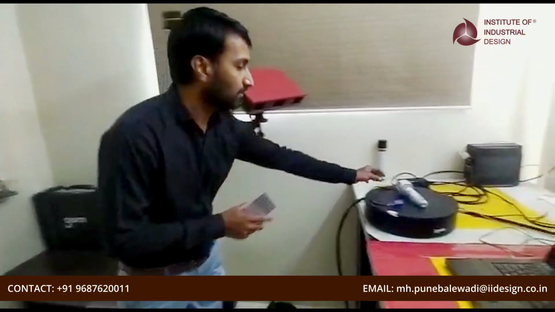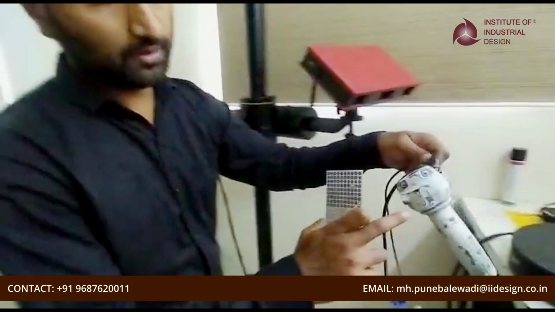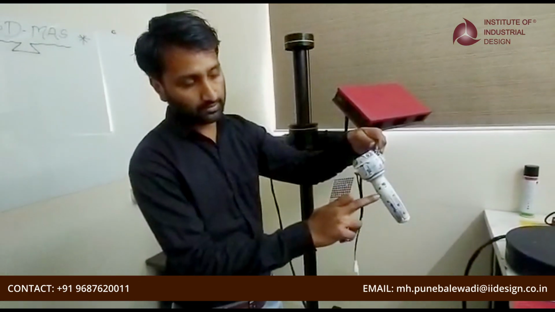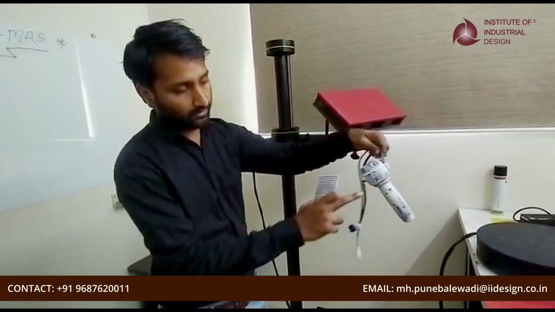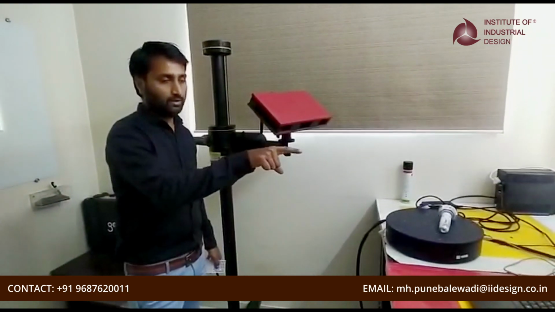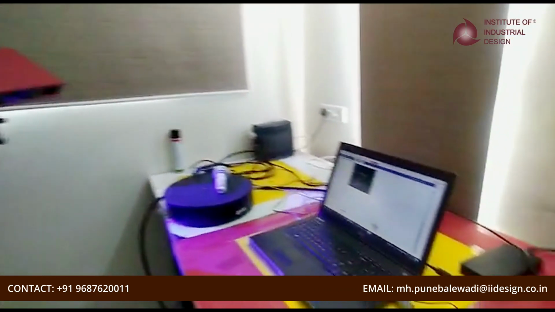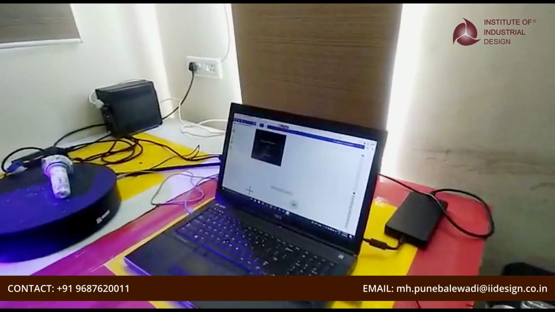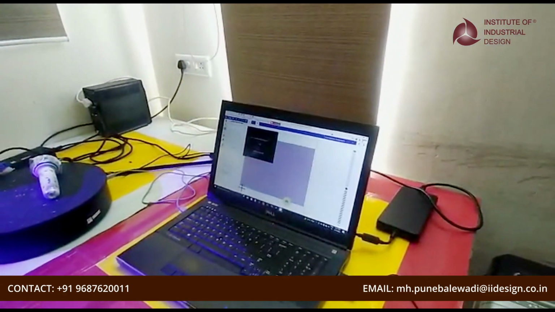We put this sticker on the real-life object, and then we get a snapshot by using the remote, and the 3D images are generated in our software.